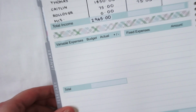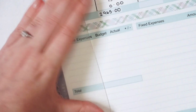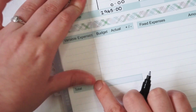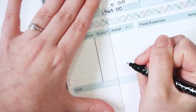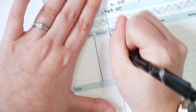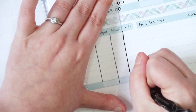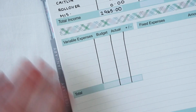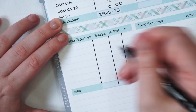So let's go for variable expenses. Ruler. So put my lines in first. So for variable, this is where you set a budget amount for each category. Then you have your actual and then plus or minus. So, my little piece of paper beside me, my variable expenses are